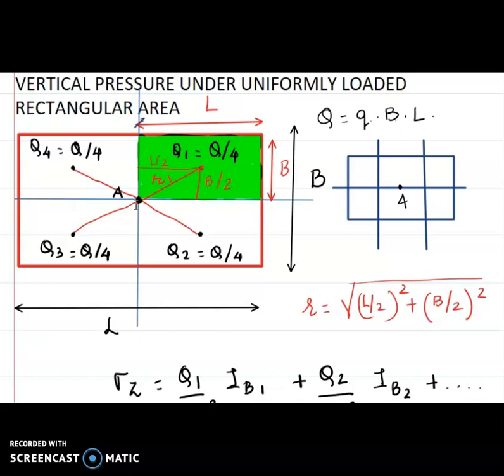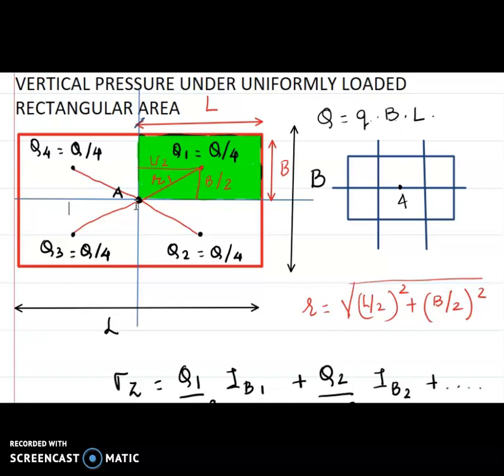Now pay attention, a lot of books are bypassing this particular rule. A lot of books do not mention anything about this 0.3 times Z, but some books do mention. So to be on the safer side, we will always follow this rule of 0.3Z, because God forbid, let's say you have this kind of problem for your exam and you bypass this rule, the examiner may or may not consider your solution. So always when we divide, sometimes what happens when you follow this 0.3 times z, the number of areas required become more. Still, we will follow this particular rule.